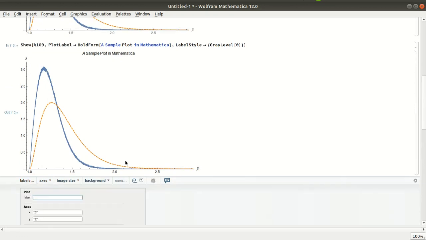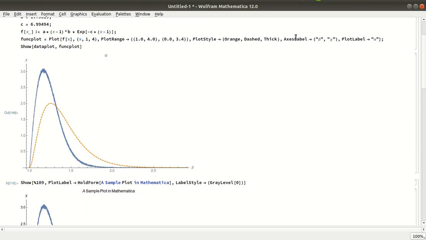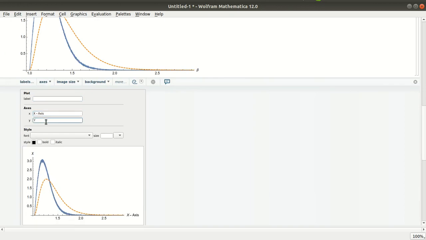I just showed this alpha beta to show you how to use this LaTeX symbol here in Mathematica in labeling. But in our case it will be like x-axis, and this will be like y-axis, right?